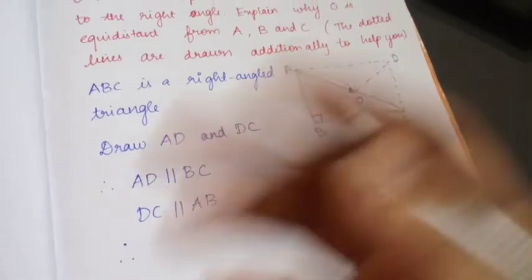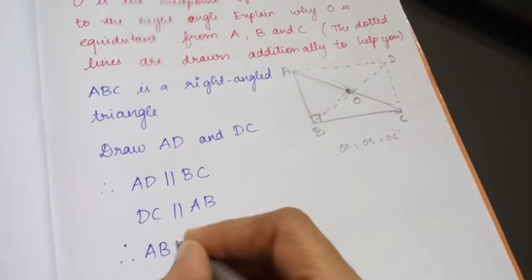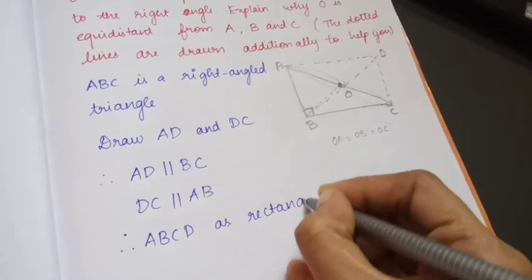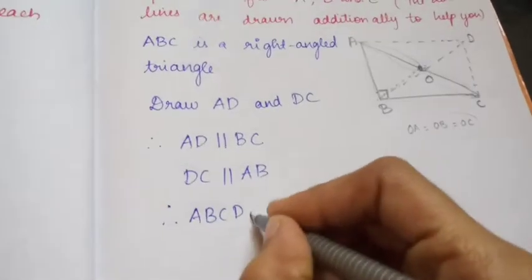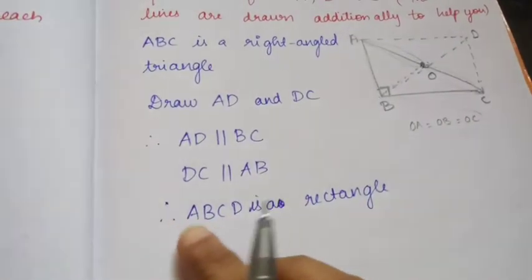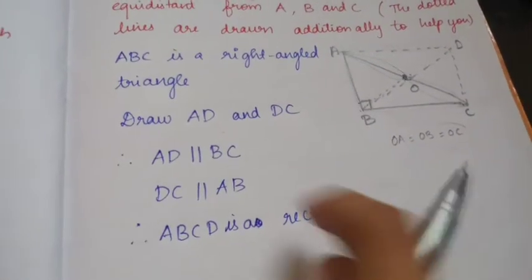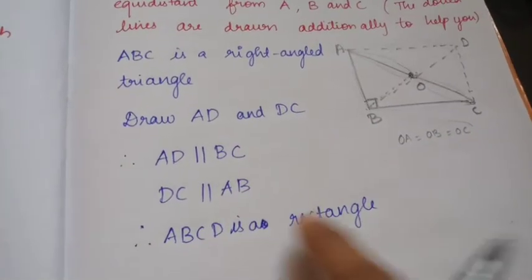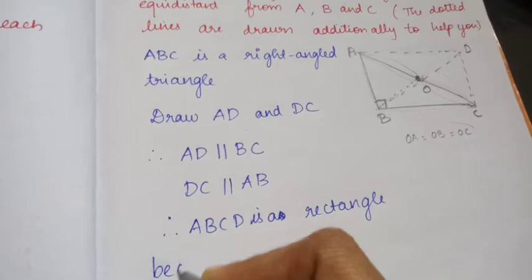Therefore, we have made ABCD a rectangle, right? Therefore, ABCD is a rectangle. After this, these two sides are parallel. We are saying that ABCD is a rectangle because